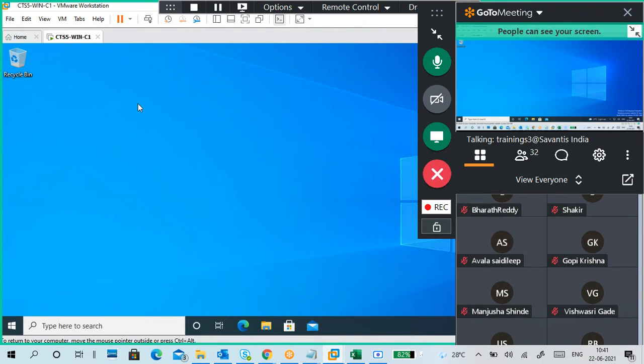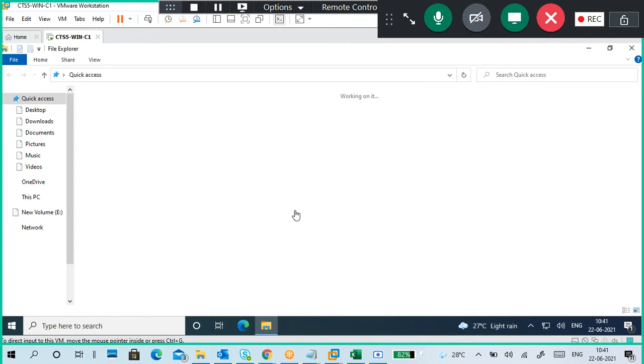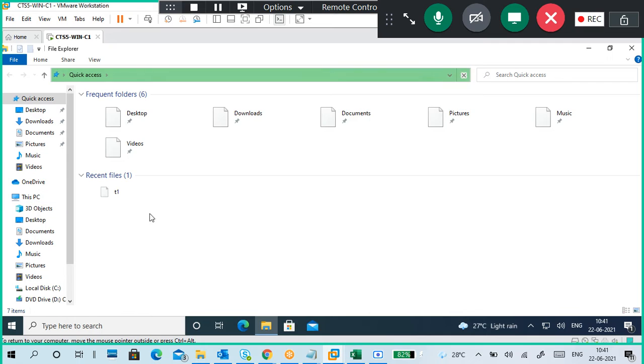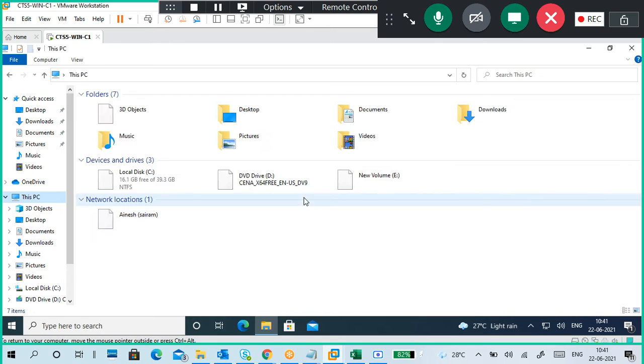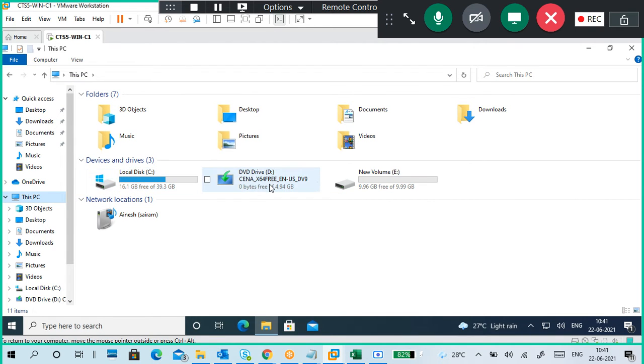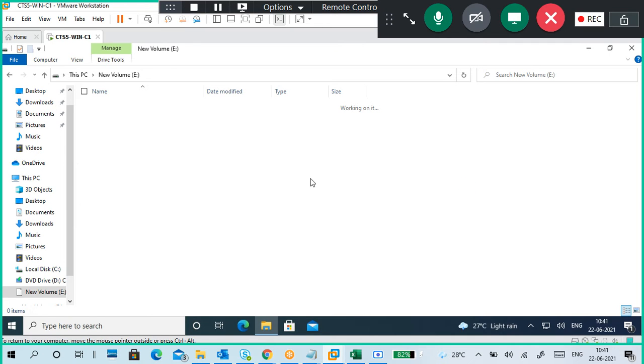Now, the simplest thing is we created a partition, so then we got an E drive, some stuff like that, right? The D drive is a CD-ROM. The drive letters are assigned automatically, they are logical, so it depends upon your setup. In This PC, C drive, D drive is our DVD, and E drive is 10 GB. So we created this partition yesterday.